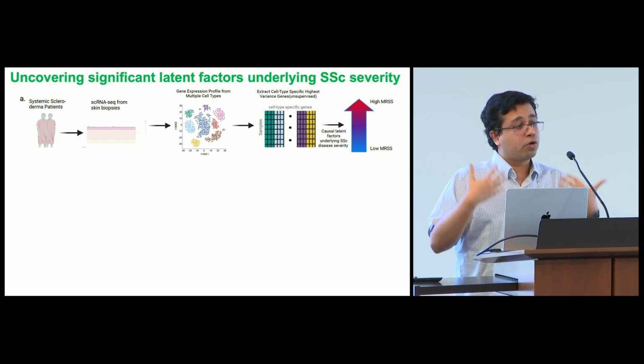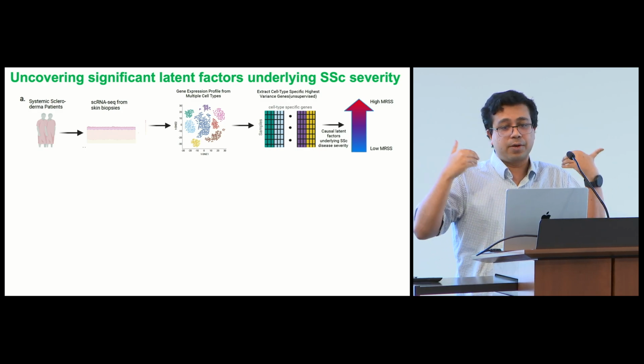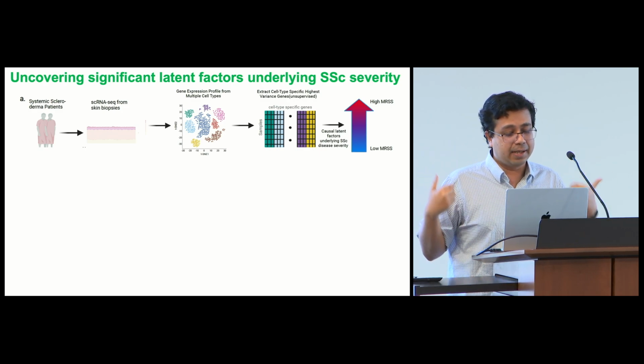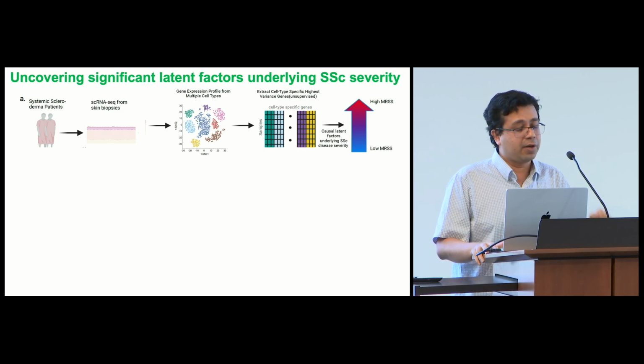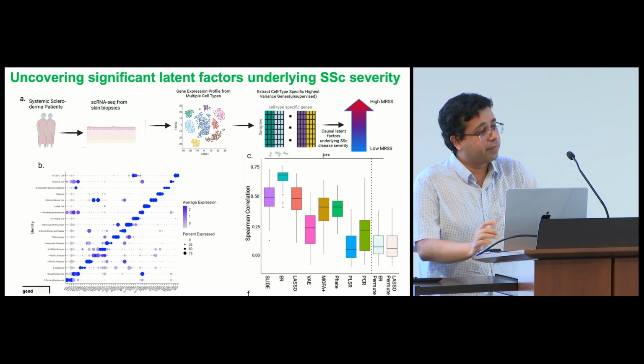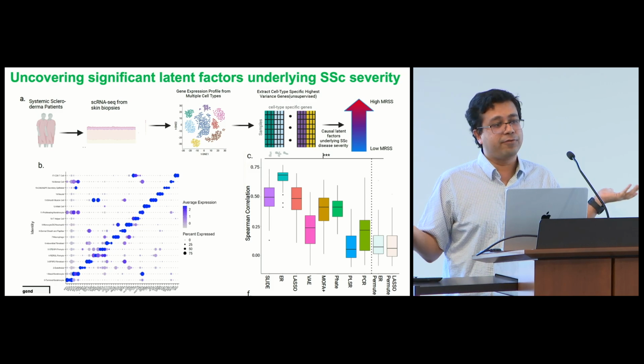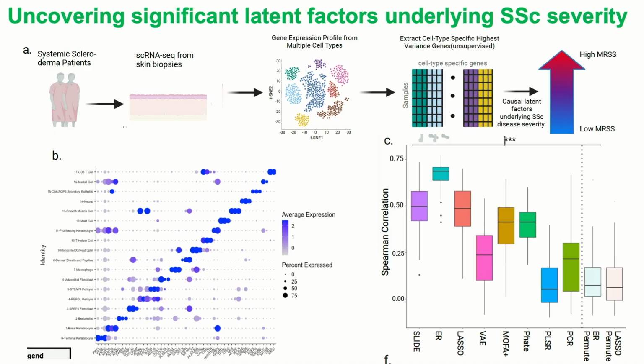And we said, not only can we predict, but what can we actually infer or learn about underlying disease severity from the single-cell RNA-seq data? And of course, the first thing we looked at with k-fold cross-validation and permutation testing, how well do we predict? This is kind of the necessary, but to me, the less interesting piece. So SLIDE and essential regression, the two methods that we developed, predict this as accurately or better than state-of-the-art methods. But what exactly are we learning? What is the interpretable part?